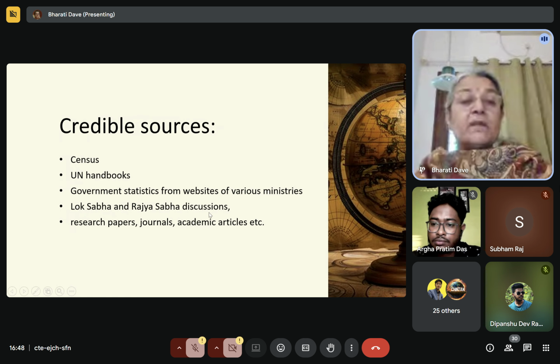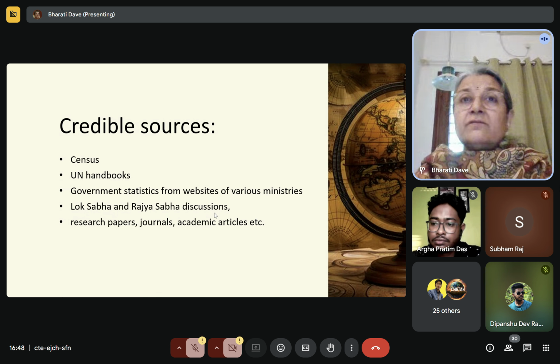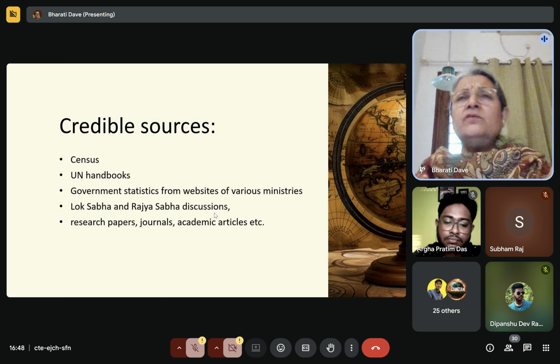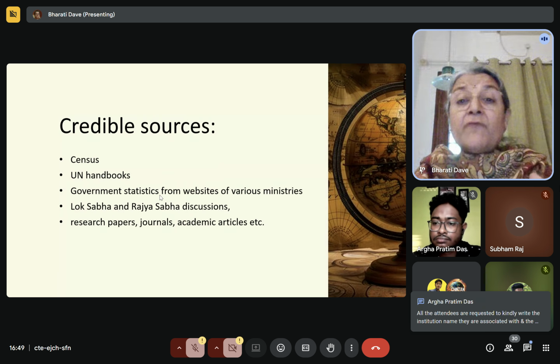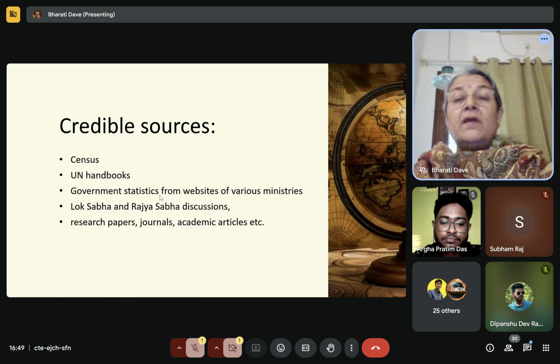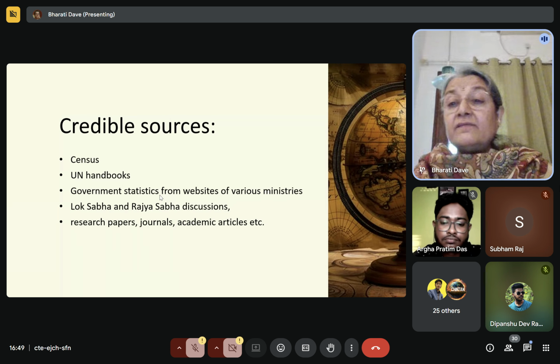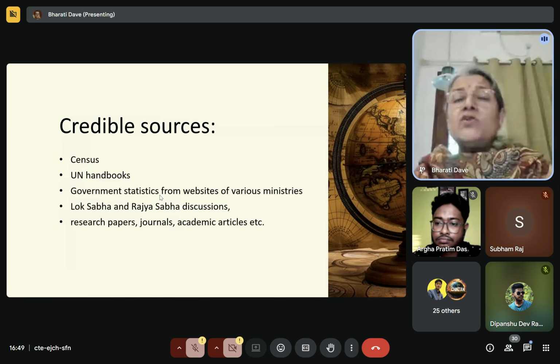फिर लोकसभा और राज्यसभा की जो डिस्कशंस होती हैं, they have very good sources, because लोकसभा और राज्यसभा में कभी क्वेश्चंस जब आता है ना कि how much money was spent on this and how many dams have been built. Now those ministries have to come to the Lok Sabha and Rajya Sabha and give that information. That information is always very authentic. And if you go to Lok Sabha and Rajya Sabha sites, इनकी वेबसाइट पे जाओगे तो सारी डिस्कशन, सारे क्वेश्चंस वहां पे दिए हुए हैं. थोड़ी मेहनत करनी पड़ती है, लेकिन तुम जाओगे तो तुम्हें सब कुछ मिल जाएगा वहां पे.